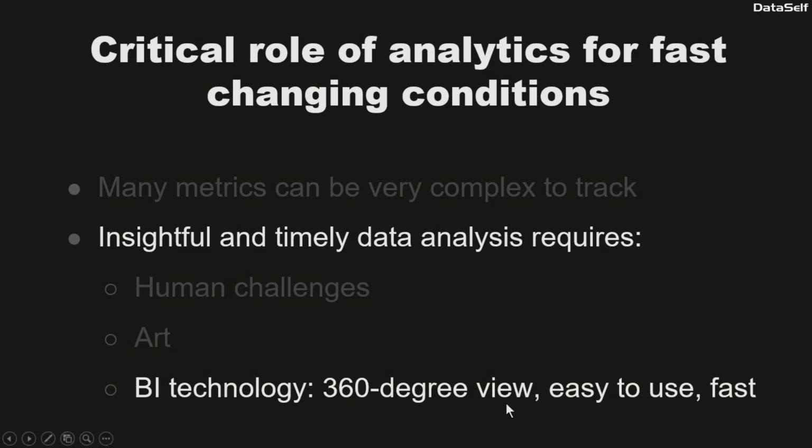So the BI technology should allow you to give every person, every salesperson, VP of sales, that kind of view around what they care about. It also must be super easy to use. So if a salesperson wants to see it in Excel, we've got to do it in Excel. If they want to see it on a web browser, on a mobile device, if they want to receive this information on an email automatically every day as an alert, it should provide easy ways to get to these people.